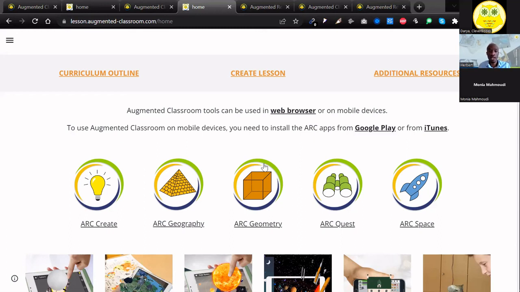Hello, I can hear you. Thank you. I am so happy to join you and learn from you how to use these apps. I am a computer science teacher from Tunisia, and I am so excited to learn how to use them in my classroom.